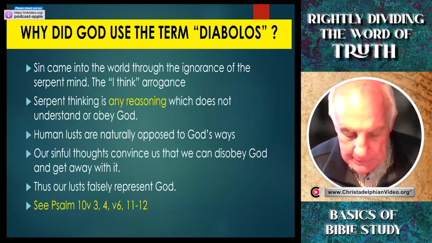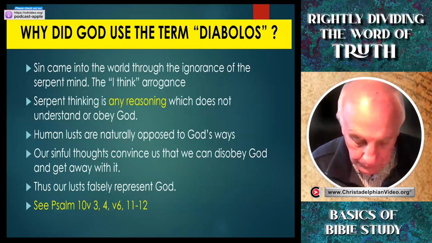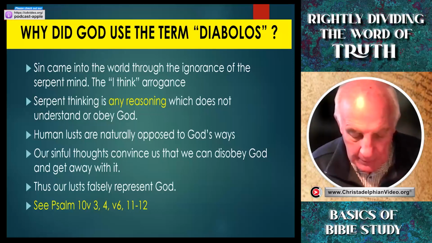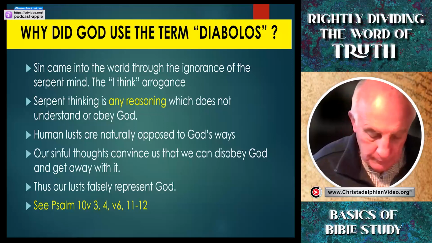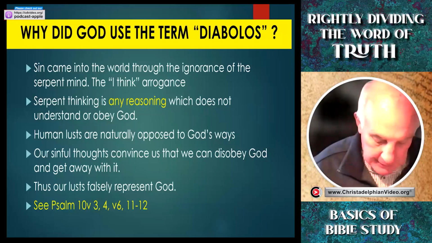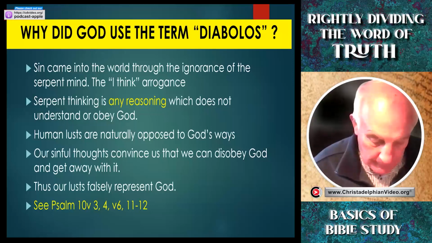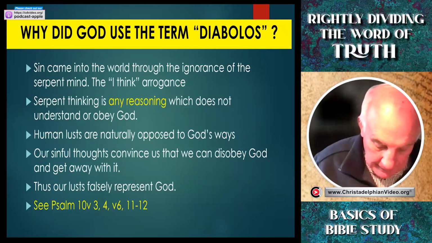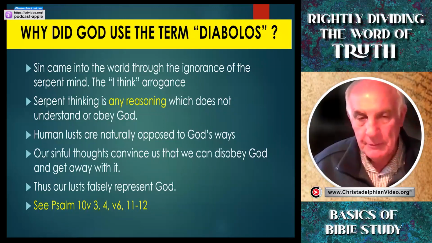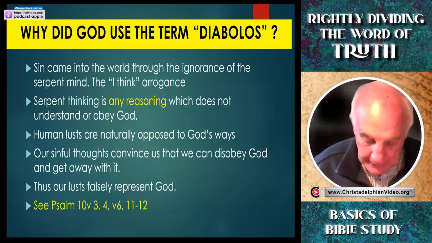So I'd like you to come to Psalm 10, because we have a great description in Psalm 10 of the way the human mind thinks, unless it is controlled by the word of God. Now in Psalm 10, it's a psalm about the wicked. So let's start in verse 2. A description of the wicked goes down to verse 10, or down to verse 13.